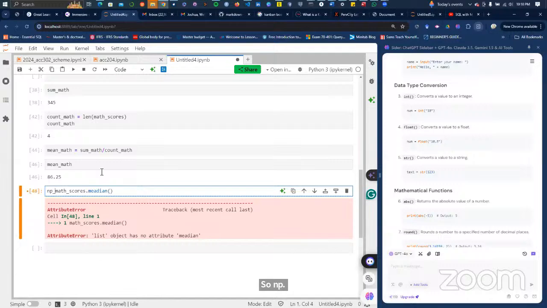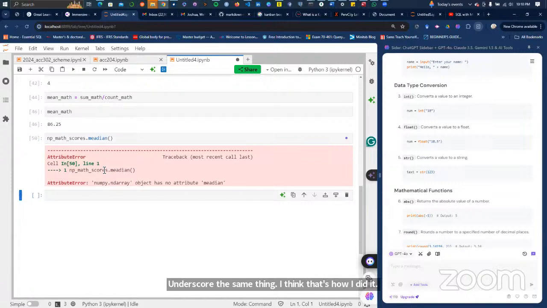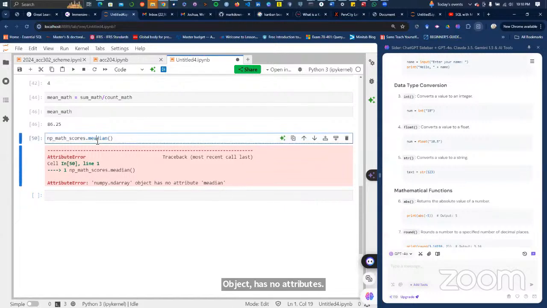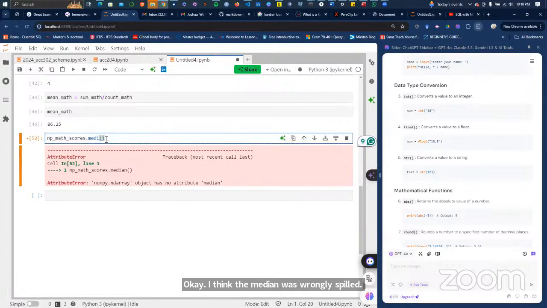I think that's how I did it. Let me check. Yeah. So now let's see. NumPy object has no attribute. Okay, I think the median was wrongly spelled. It doesn't have median attribute. Let me see if it has mode.